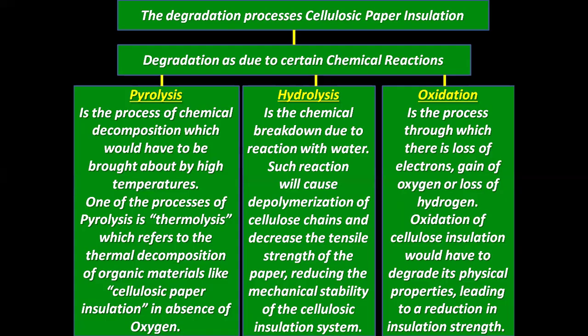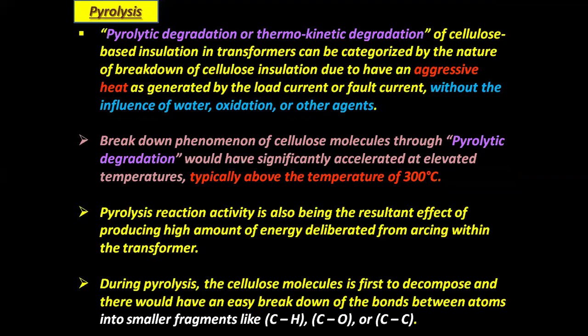And the third one, oxidation, is the process through which there is loss of electrons, gain of oxygen, or loss of hydrogen. Oxidation of cellulose insulation degrades its physical properties, leading to a reduction in insulation strength. Now let's discuss